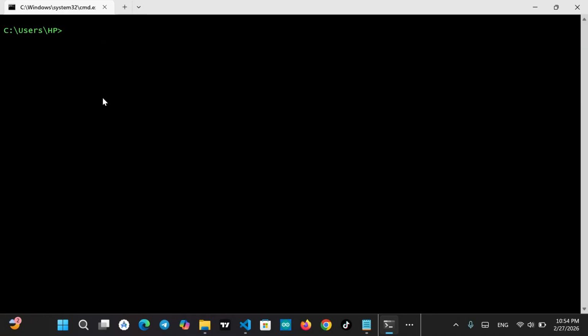And then, if you need to go back into the Users folder and list which folders are in Users, we can go back by saying cd and two dots and pressing Enter. It disappears and goes into Users.